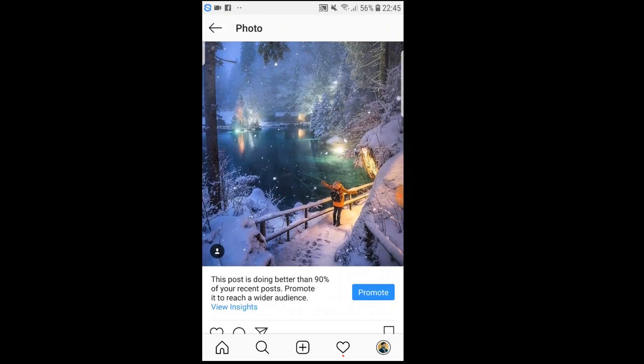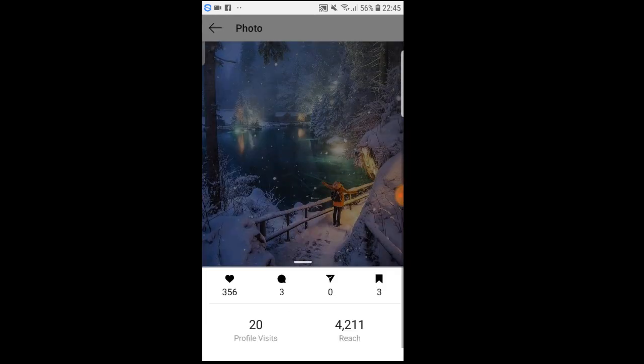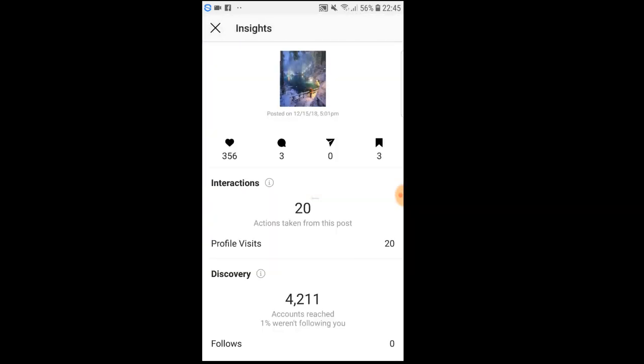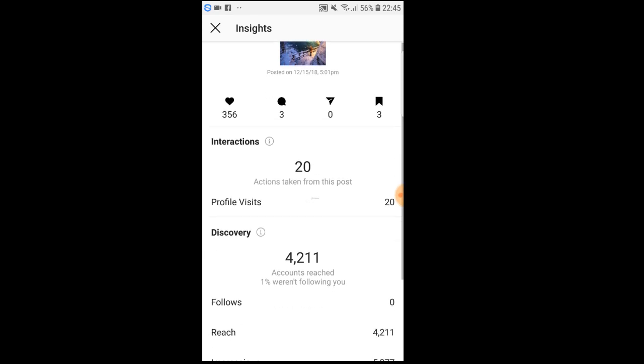The second reason is that you can actually view the insights. If you see here that there are blue letters, you can click view insights. Insights means just information, data about something. And you can see here how many likes this post had or has, how many comments, actions taken